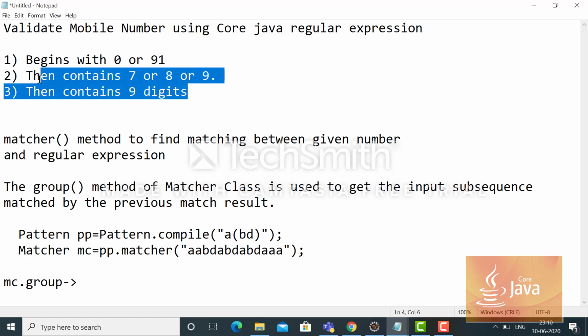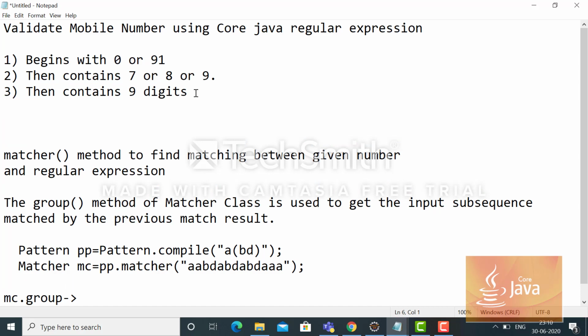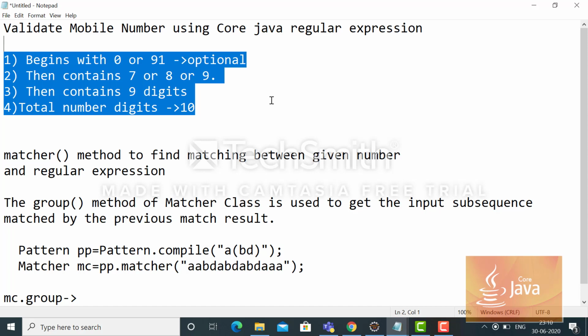Another condition is that the total number of digits should be 10, and the leading part will be optional. It might be there or might not be there. So how can we resolve these four conditions through Core Java regular expression? We will see that.